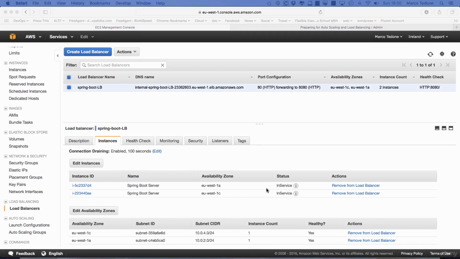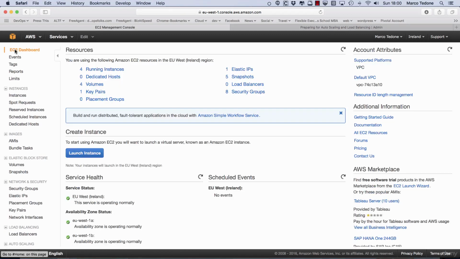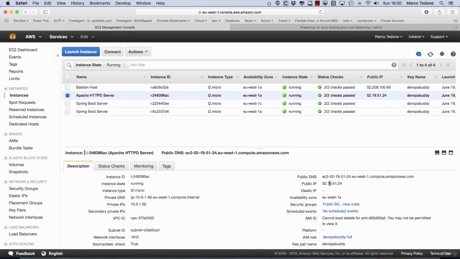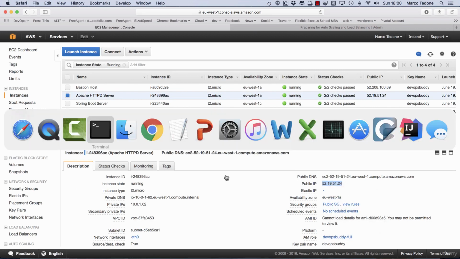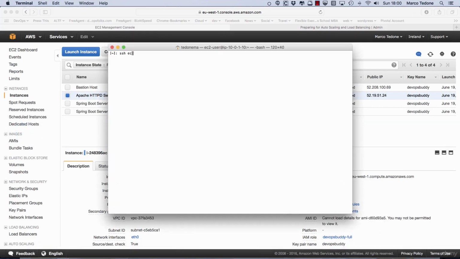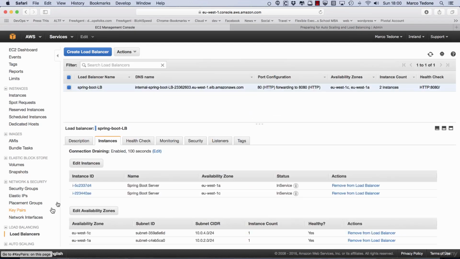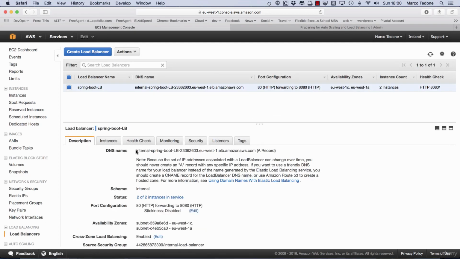Great! Now that we have the two instances registered with the load balancer, we need to update the Apache HTTPD proxy configuration. To do this, we can SSH into the Apache HTTPD box using the public IP address. Copy the internal load balancer DNS name. You can find this in the description tab of the load balancers menu in the AWS console. Its name probably starts with internal hyphen and ends with